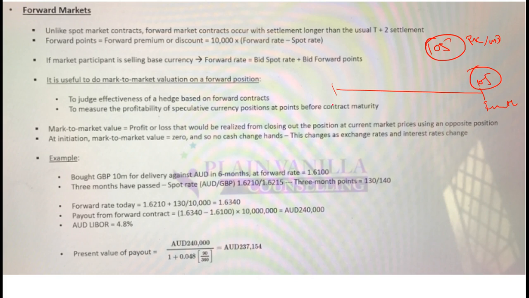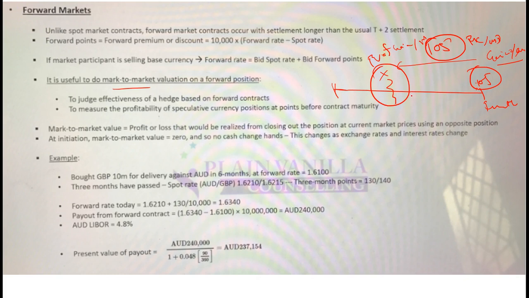Throughout the life, the exchange rate will be changing. As the exchange rate changes, this position can be beneficial for me or can be a loss for me. So it can turn out to be a gain or a loss. At any point of time, I can find out whether this position is a gain or a loss. How? I can calculate the gain or loss using current market rates, and then calculate the present value of the gain or loss. Through that, I can find out whether I am at a gain position or a loss position as of now. This is known as marking to market, or mark to market valuation.